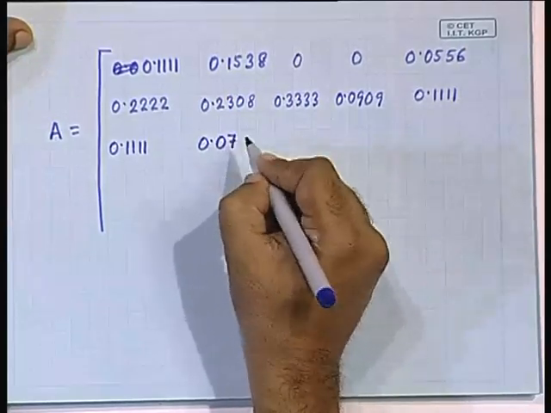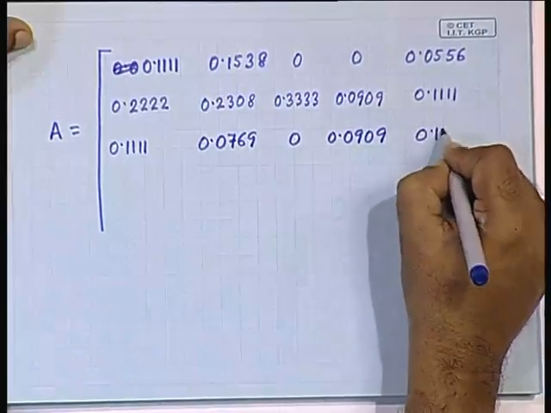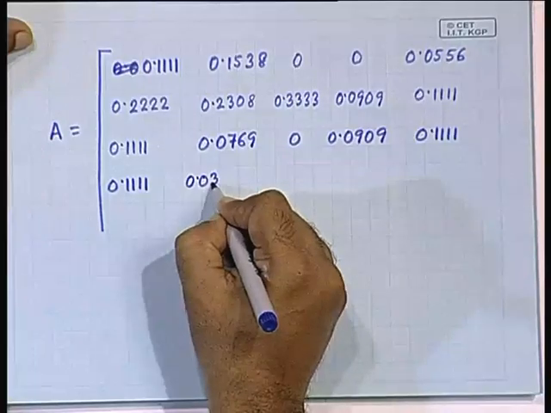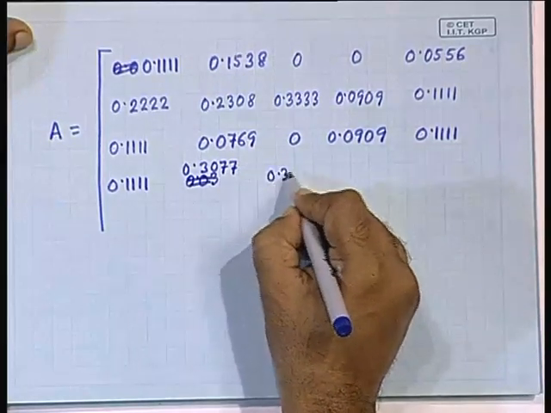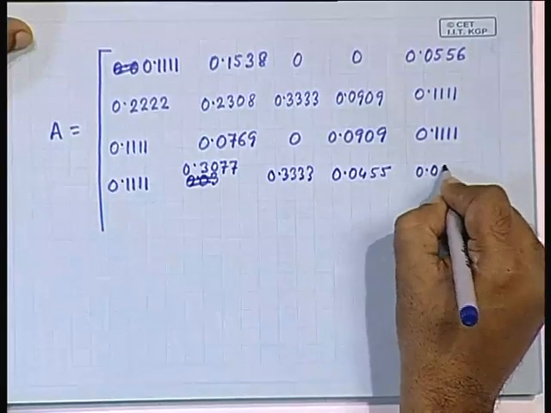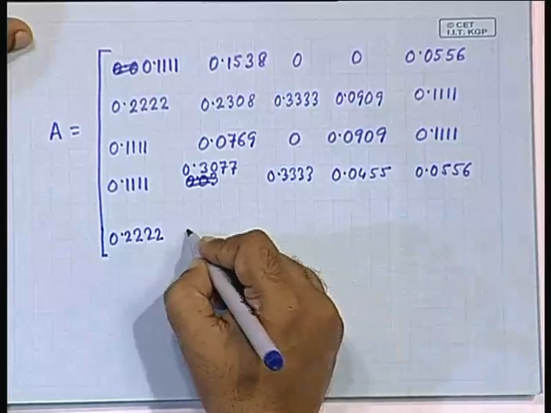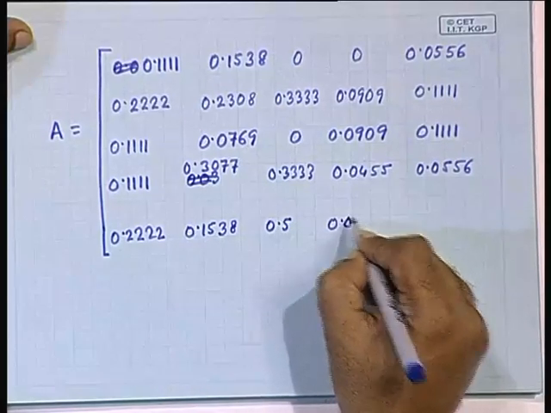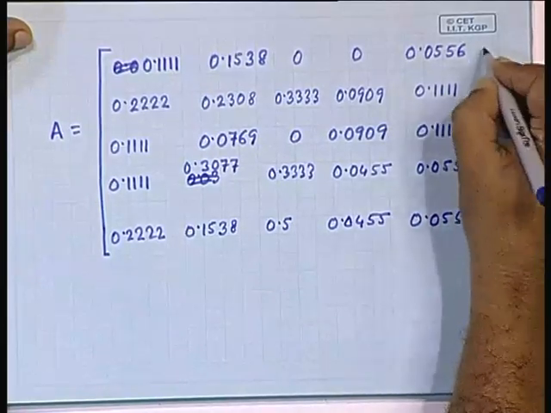Zero, 0.0769, 0, 0.0909, 0.1111, okay. Again 0.1111, 0.03, sorry, 0.3077, 0.3333, 0.0455, 0.0556 and 0.2222, 0.1538, 0.5, 0.0455 and 0.0556. So, that was the A matrix,